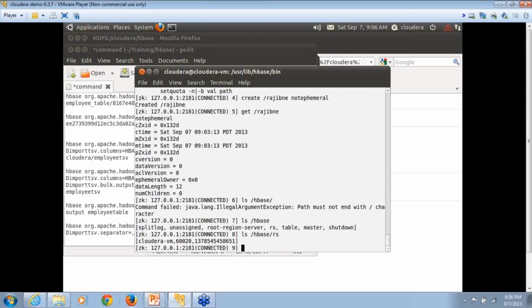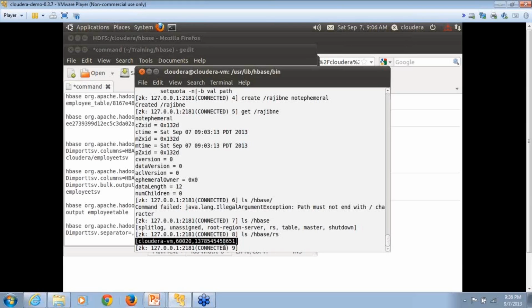Under HBase RS, it will create a znode like this. For example, right now I have only one region server, and that region server has created this znode here. Now this znode is an ephemeral node. What does it mean by ephemeral node? If my region server goes down, since the region server is the one that created this ephemeral znode,